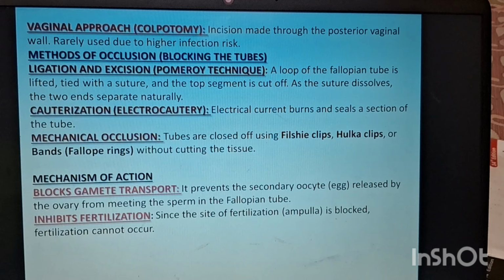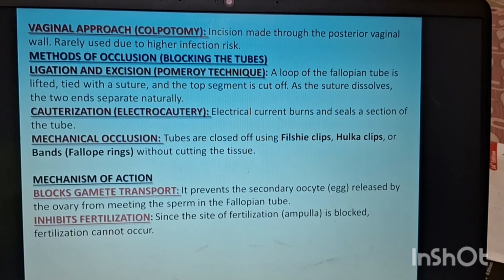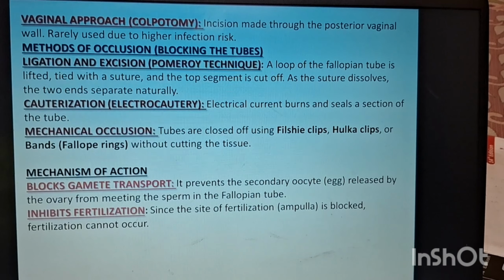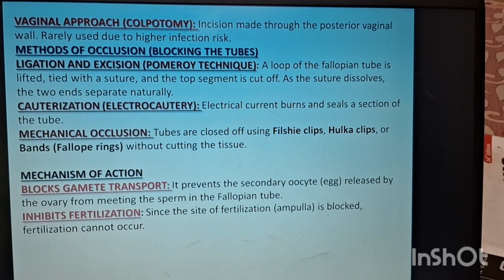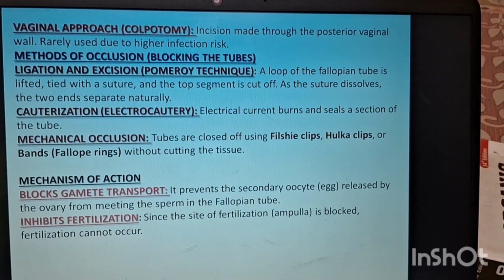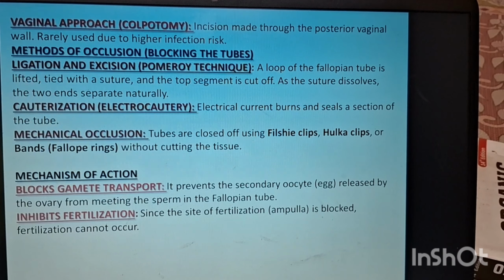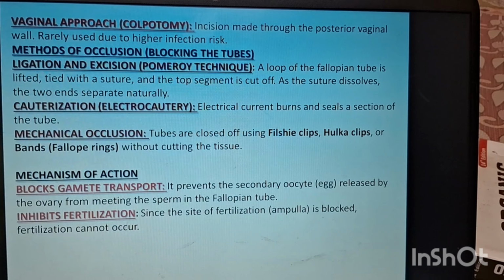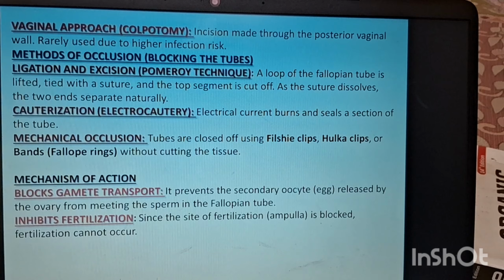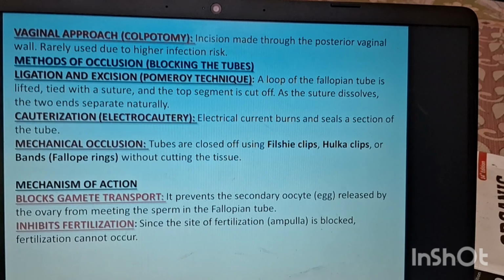Next, methods of occlusion or blocking the tubes, that is ligation and excision, that is Pomeroy technique. A loop of the fallopian tube is lifted, tied with a suture, and the top segment is cut off. As the suture dissolves, the two ends separate naturally. Next, cauterization or electrocautery, that is electrical current burns and seals a section of the tube. Next, mechanical occlusion. Tubes are closed off using Filshie clips, Hulka clips or bands, that is Falope rings, without cutting